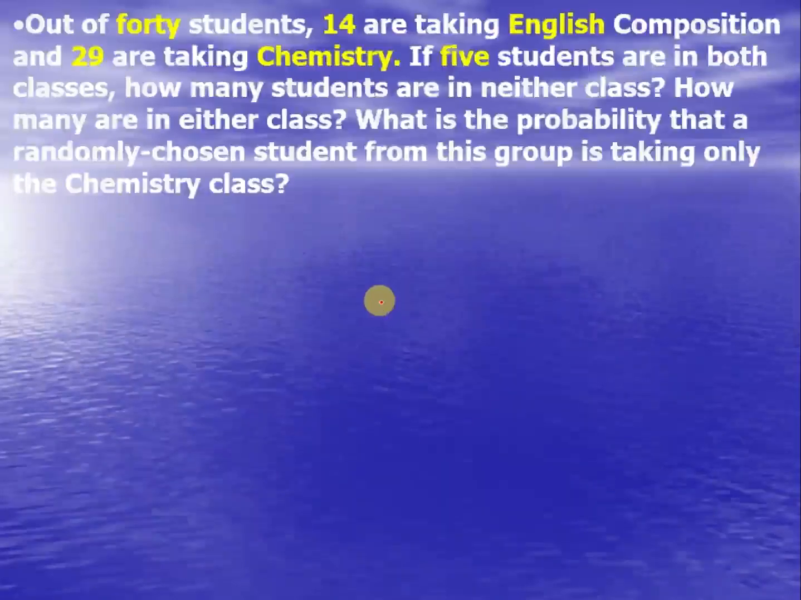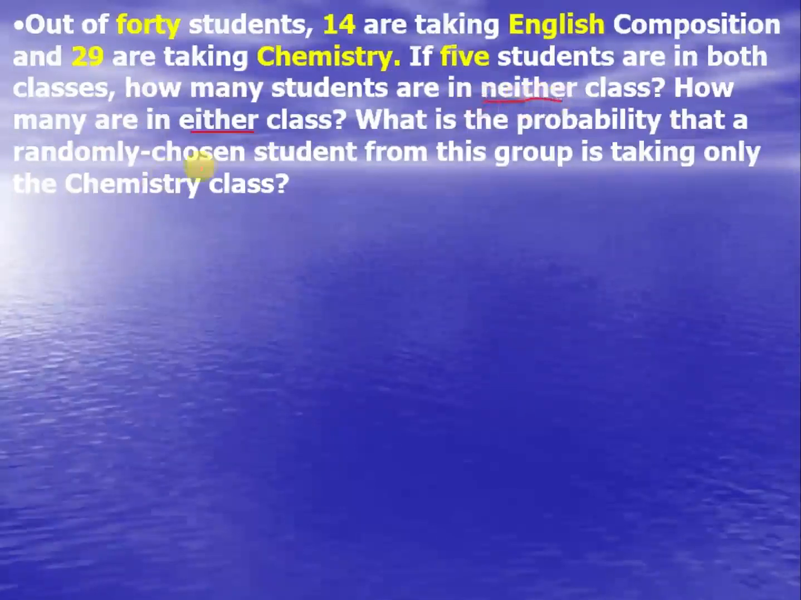So this other one illustrates that out of 40 students, 14 are taking English composition and 29 are taking chemistry. If 5 students are in both classes, how many students are in neither class? How many are in either class? Look at the keywords very well, neither